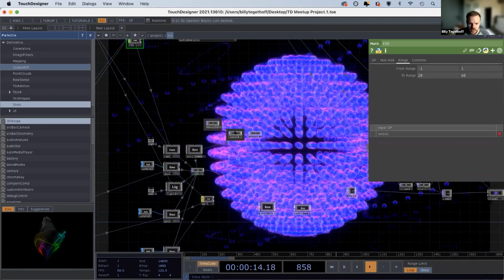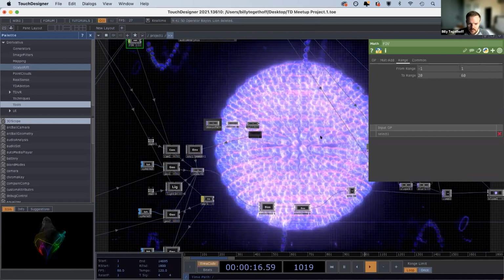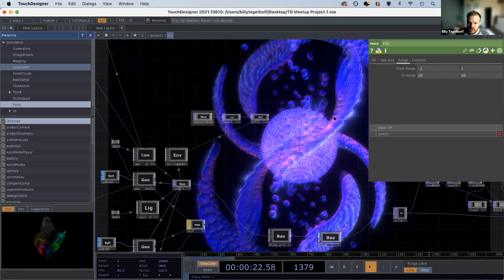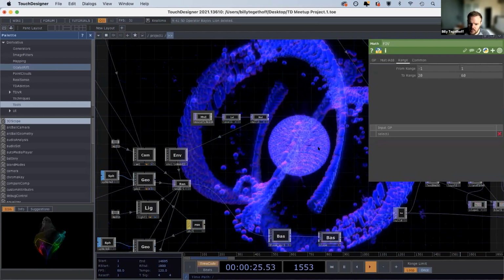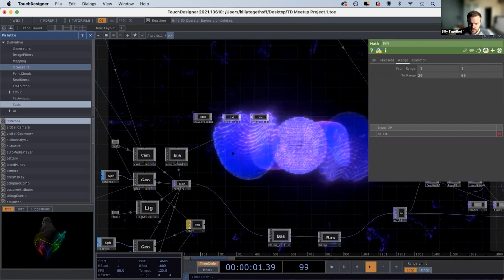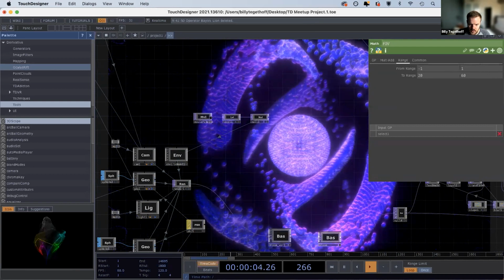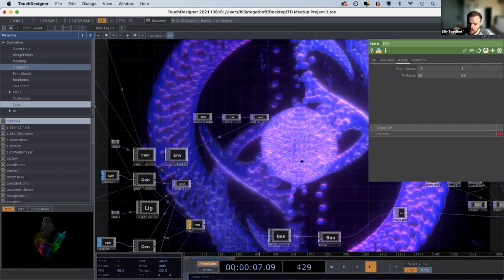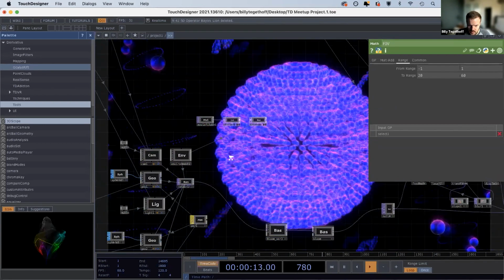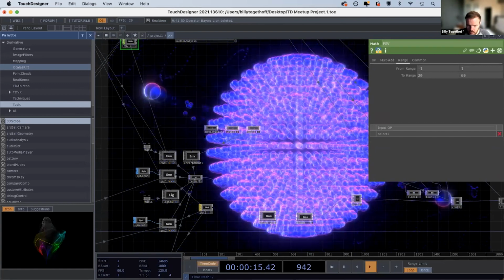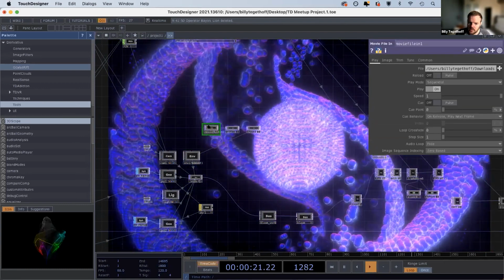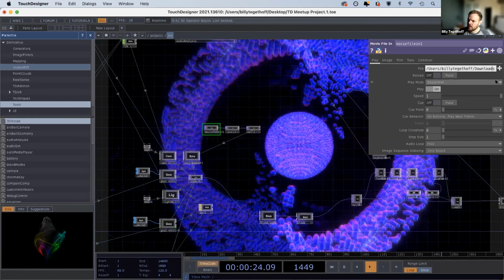Maybe just one other thing before I wrap up, just talking about some stuff you can do when you've instanced particles. I kind of like all of my particles to have a somewhat reflective look to them. And it costs a lot in terms of CPU when you use an environment light, but I love the way it looks, and I don't mind rendering things out and posting them later. So just real quick, the way to get that look is to use an environment light. And then I like to use an HDRI or an EXR file,